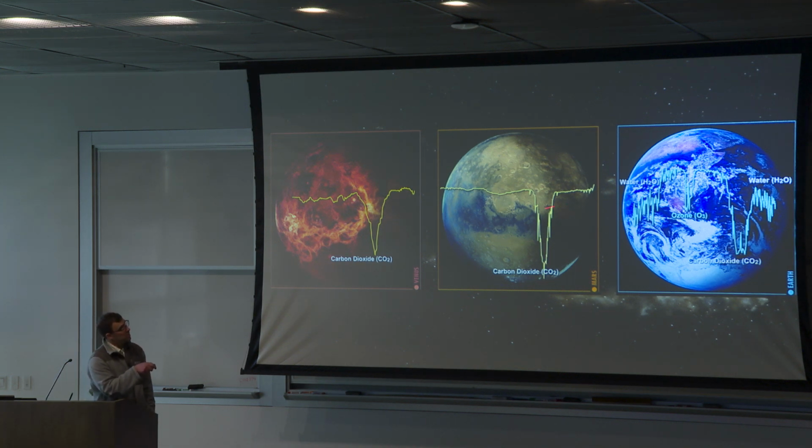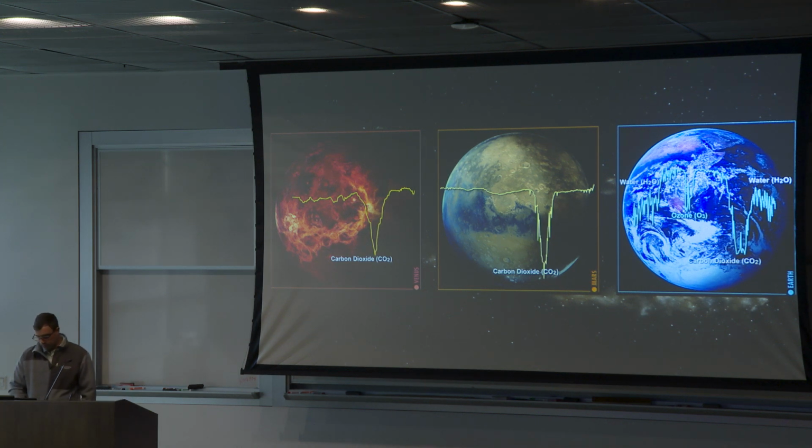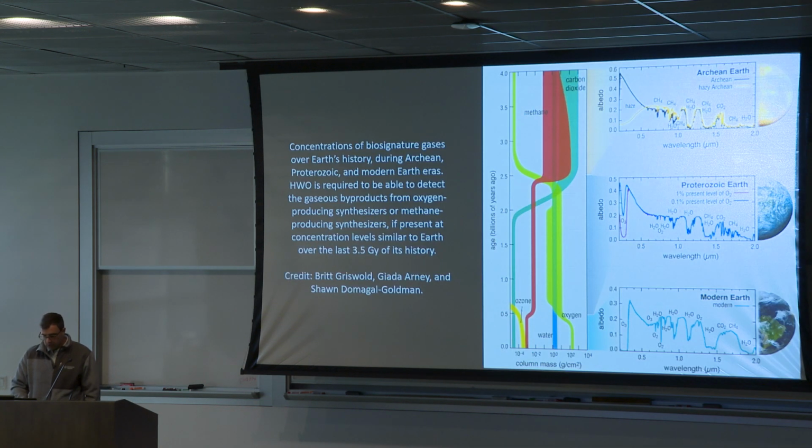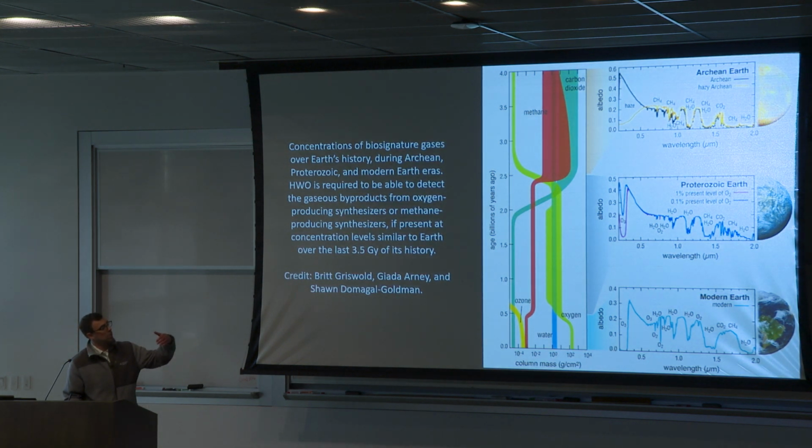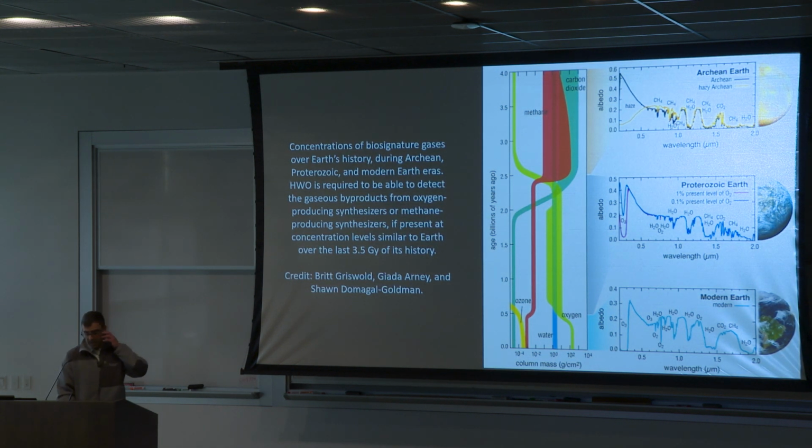All these features you see that are different from Venus and Mars are due to the presence of life at the surface of the Earth. So that's really something that we are hoping to learn with observatories like the Habitable Worlds Observatory. Of course, we're looking for signs of life as we know it, as the Earth tells us how it is, but we're also smart enough to try to detect signs of life as it was before